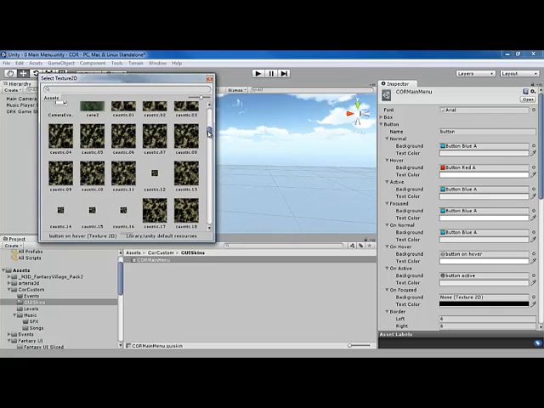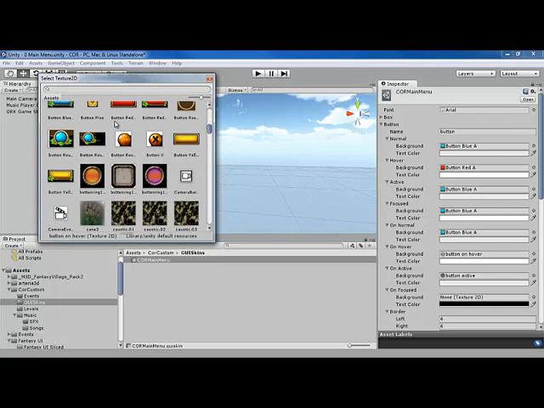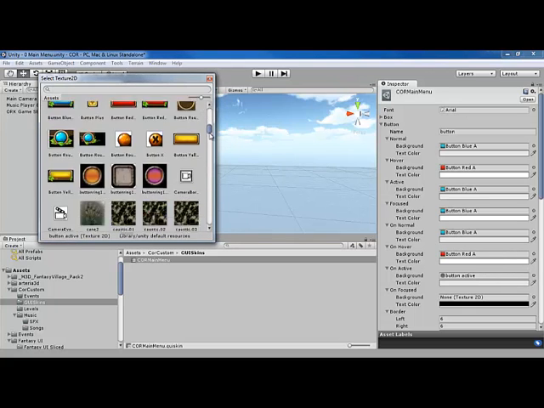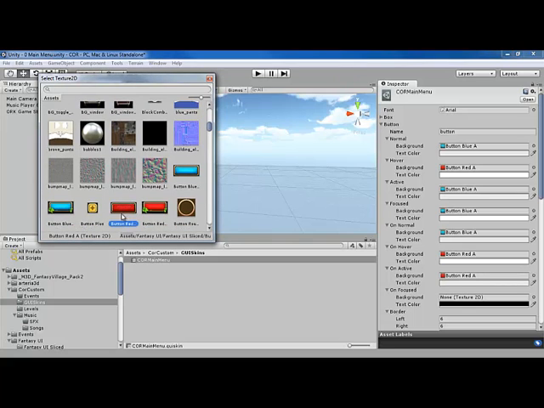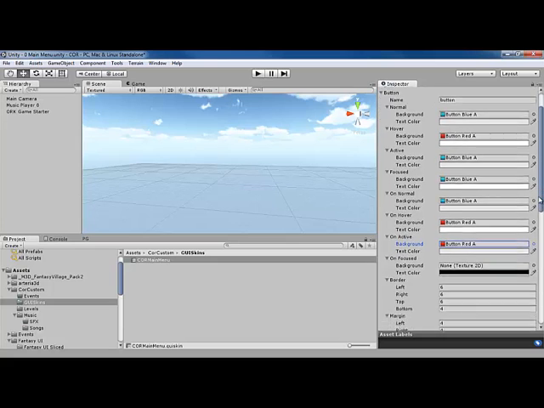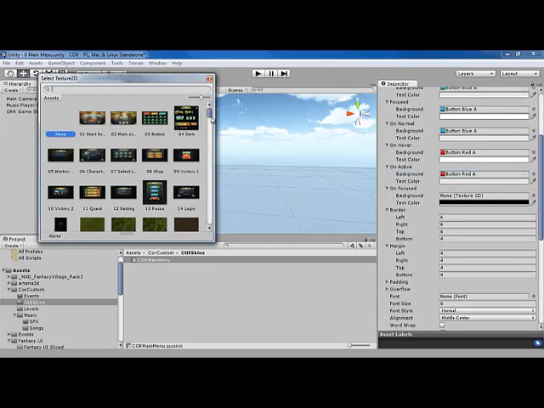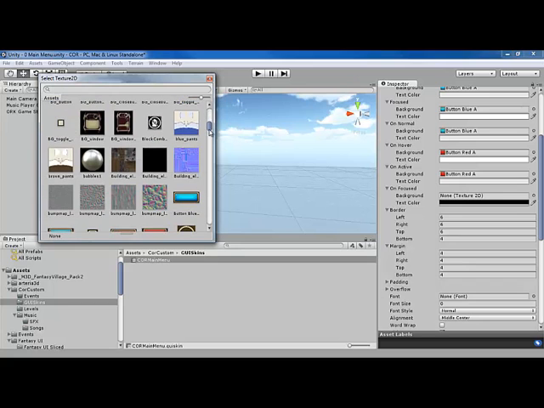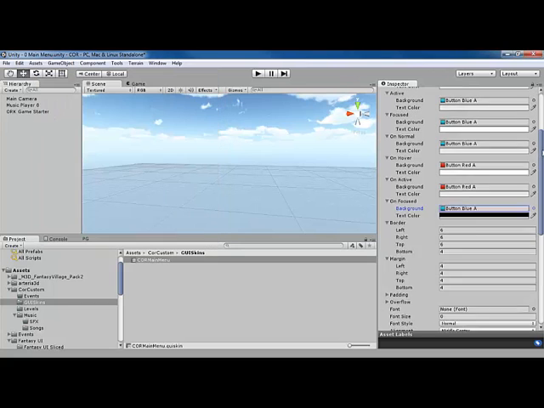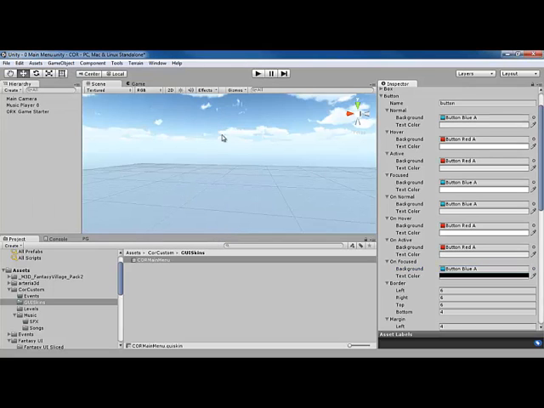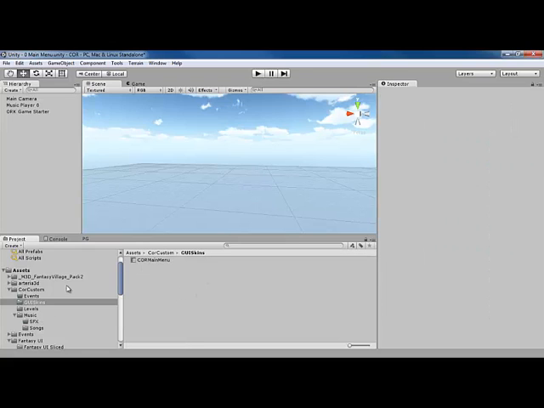On hover, I'm going to go back to red. And on active, I'm going to go to red. And actually up here on active, I'm going to go back to red too. Alright, so now that we've got our GUI skin all set up,